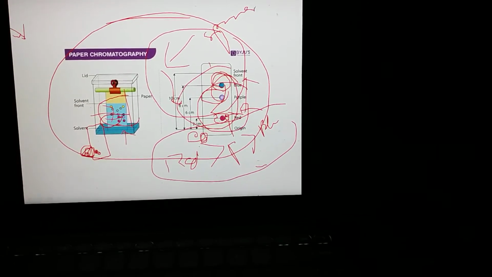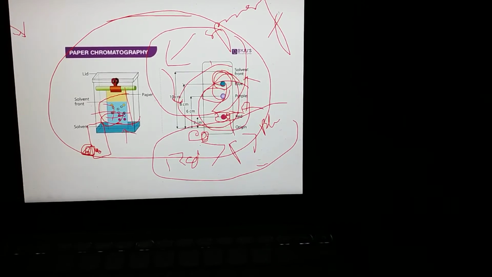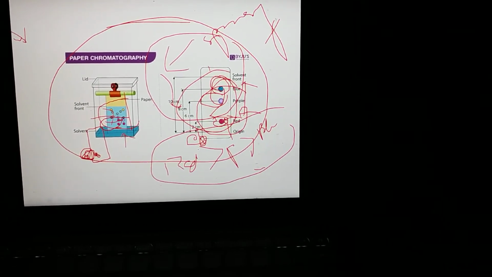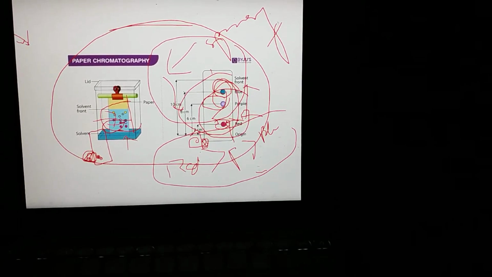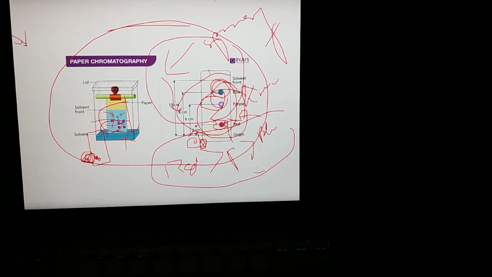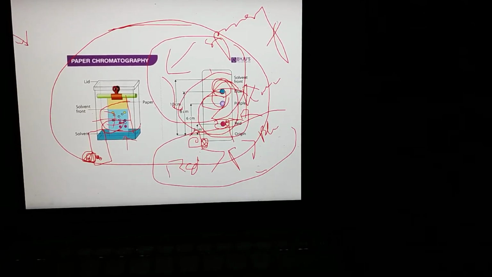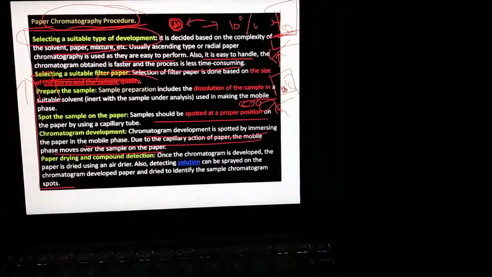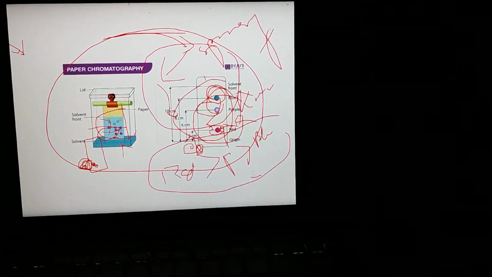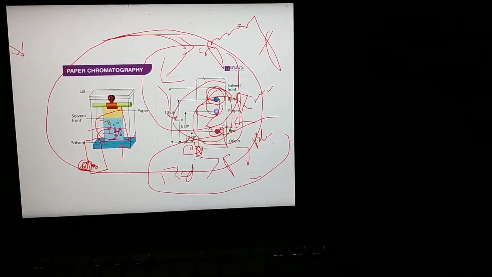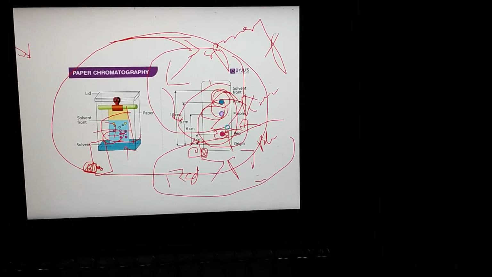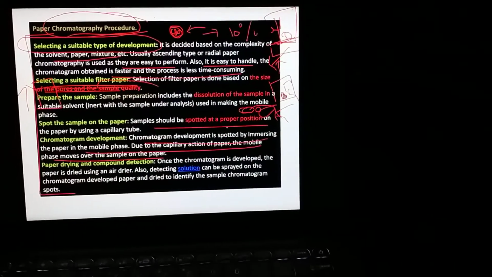Some compounds will be aromatic, so you can detect them under a UV lamp. Suppose acid is present in the mixture, then you can use a spray of a bromocresol solution. After that you can use a para-anisaldehyde solution. And if a lactone type of component is present, then you can use PMA like that. So depending on the nature of the component, you can use a spraying agent after the experiment.